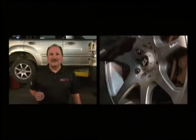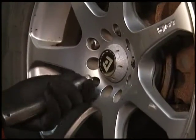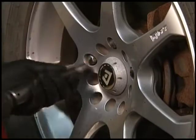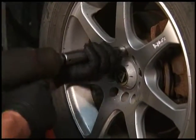So this week on Shop Talk, we have a 2006 Nissan X-Trail. It has a front brake pulsation. We're going to be replacing the rotors and the pads with some premium brake parts from NAPA. Rad's going to be taking the wheels off in a couple of seconds, and then we'll get to see what these rotors look like because they're very, very rusty, and I have a bad feeling that the venting of the